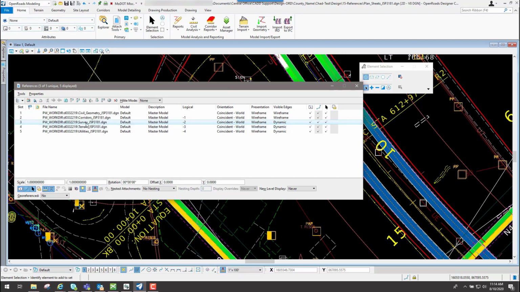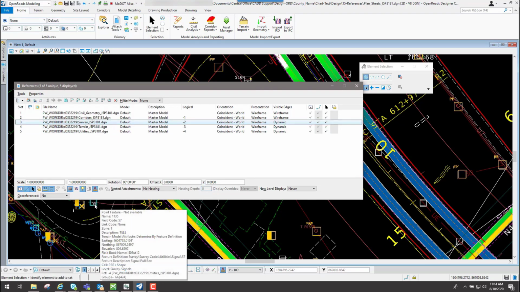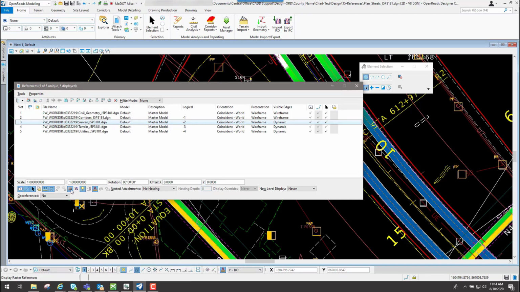So if I want to see that image that is attached to this survey file, I could turn on this little icon right here that says display raster references, and it would turn on that image that is attached to this survey file. Now if I turn it on now, nothing's going to happen because I don't have an image attached to it, but if I did, it would actually turn on that image. So that's what that little icon will allow you to do.